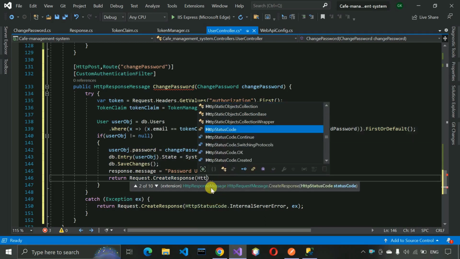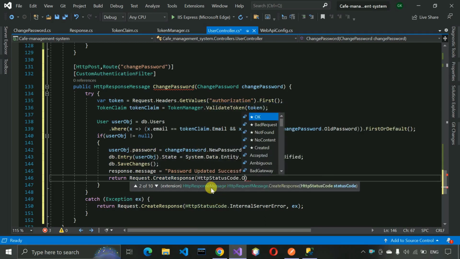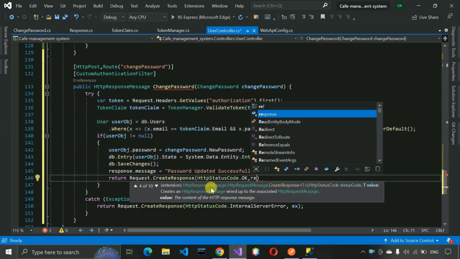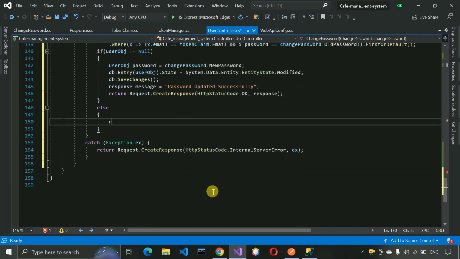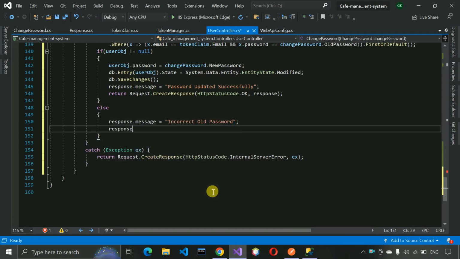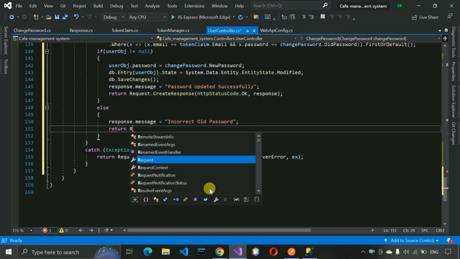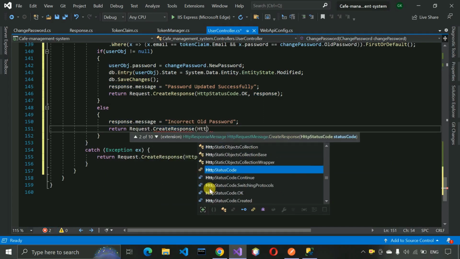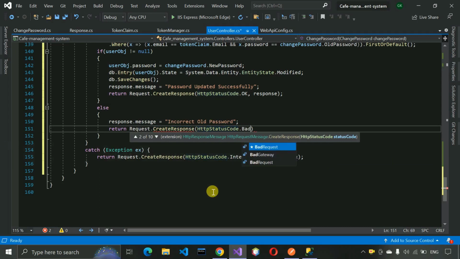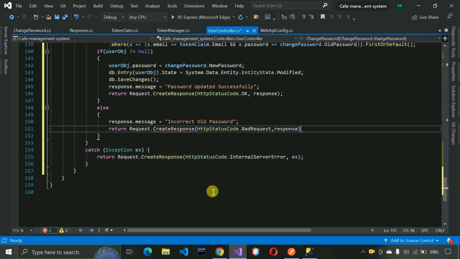Here we write HttpStatusCode.OK, and we pass response, and in the else condition, let me show this one, response.Message is equal to "Incorrect old password"; semicolon, and return Request.CreateResponse, and HttpStatusCode.BadRequest, and we will pass the response, put semicolon, and